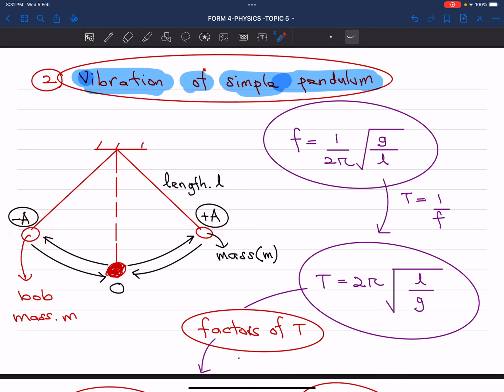Starting from the equilibrium, it goes to the positive amplitude, returns to equilibrium, goes to the negative amplitude and